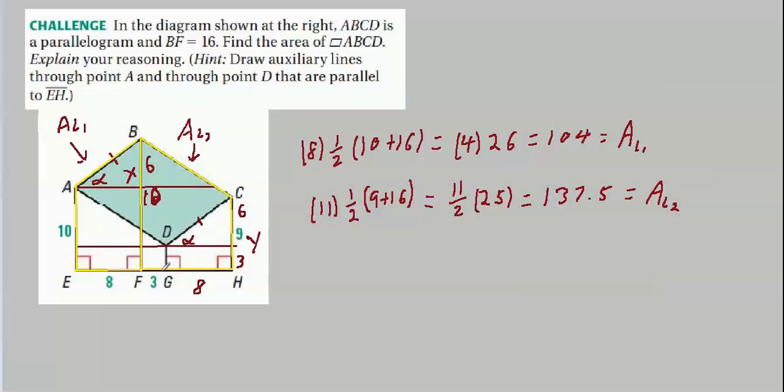That's one of the things that we needed to compute before we did compute this large area here. So this whole thing here is 8 plus 3, or 11, would be the altitude from F to H. And then of course it's 1/2 times 9, right here, 9, plus 16, that's what BF is, that's given, which is 11 over 2 times 25, or 137.5. Now what we're going to do is recognize that we have another trapezoid here.